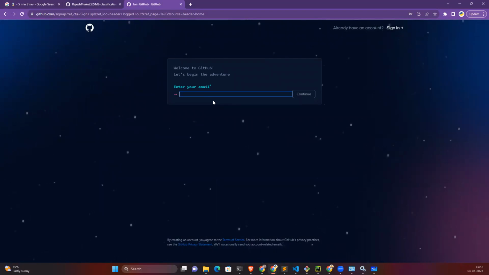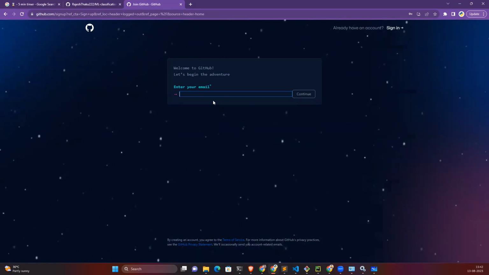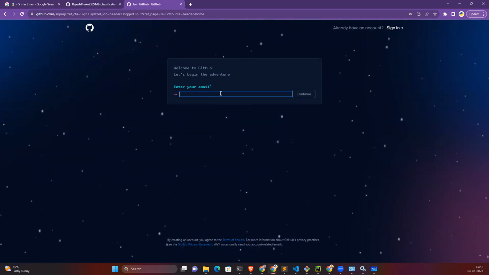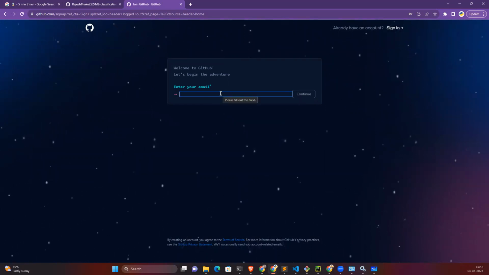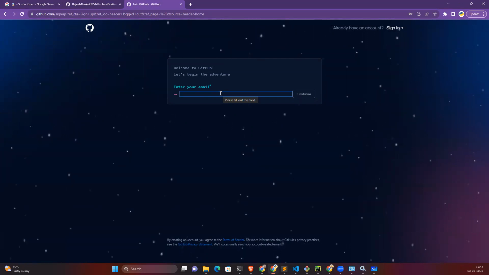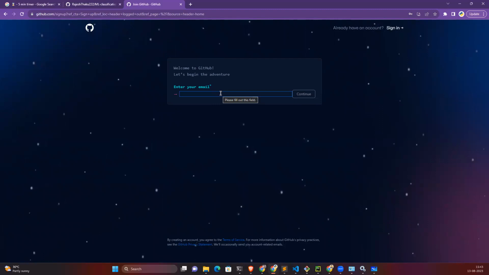How many of you have a GitHub account? Anybody having a GitHub account? Okay, so please create a GitHub account. Go to this page, enter your mail, and create the account quickly. Creating an account on GitHub is as simple as creating an account on Facebook. So everyone, please carry on.